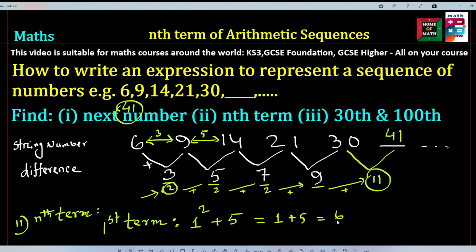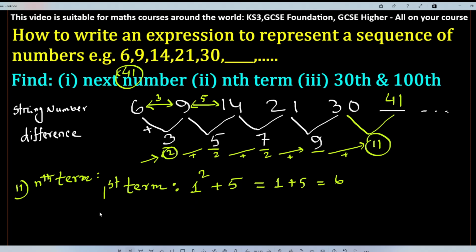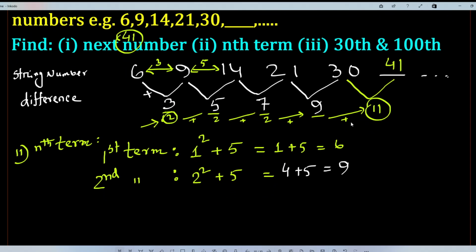5, it makes 6. Next one, look, the second term, again 2 square plus 5. So what is the answer? 2 square means 4 plus 5 is 9. Look, again the third term, 3 square plus 5. 3 square means 9 plus 5 is 14. Look, this is 14. So here is 6, here is 9, here is 14,